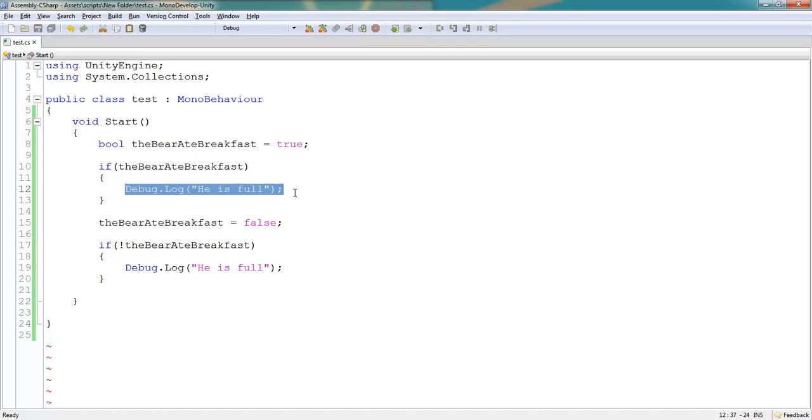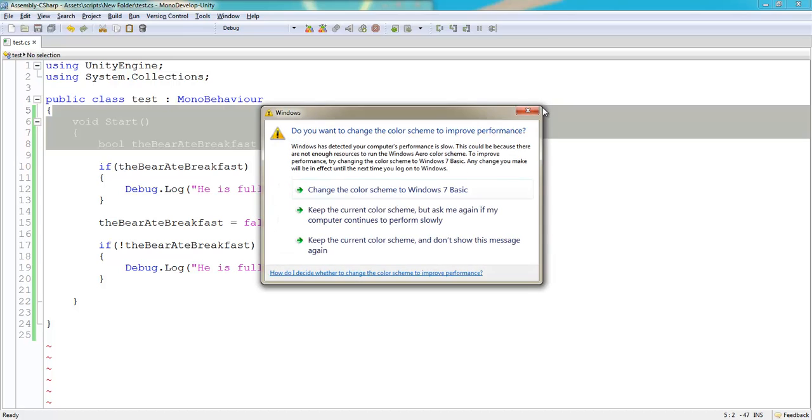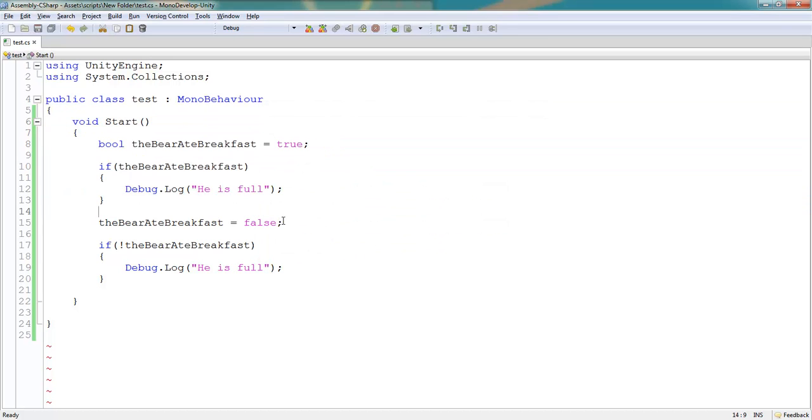Remember what we said in the very first video. Variables are two things: they're temporary storage places, and they're references to objects and numbers. So right now, because it is a temporary storage place, you'll notice the bear ate breakfast, and we're actually changing the value from 1 or true to false or 0. So if you see here,